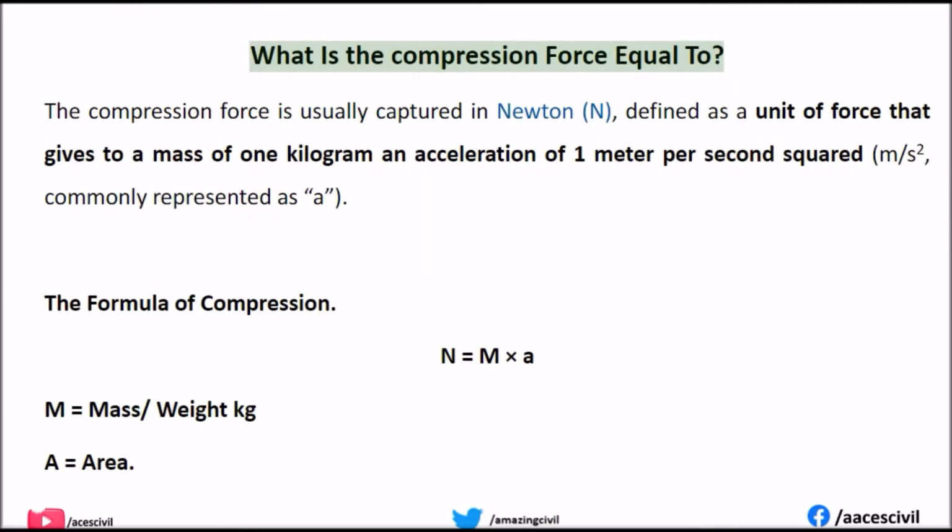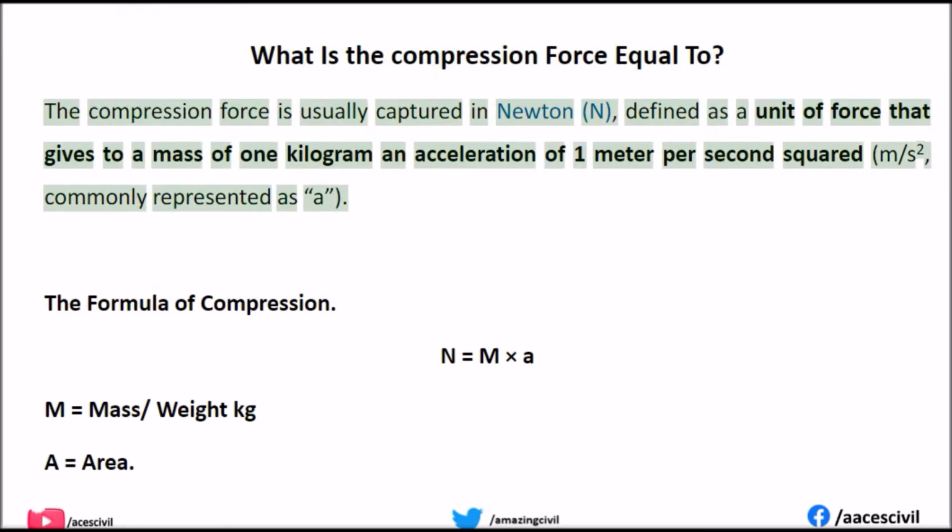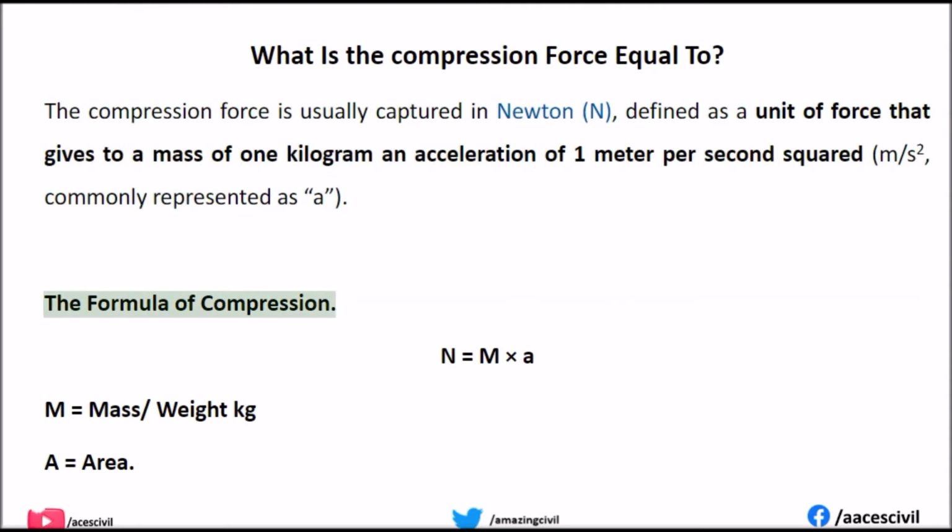What is the compression force equal to? The compression force is usually captured in Newtons, N, defined as a unit of force that gives a mass of 1 kilogram an acceleration of 1 meter per second squared, m/s². Commonly represented as A. The formula of compression: N equals m times A, where m equals mass/weight in kg and A equals area. Note: